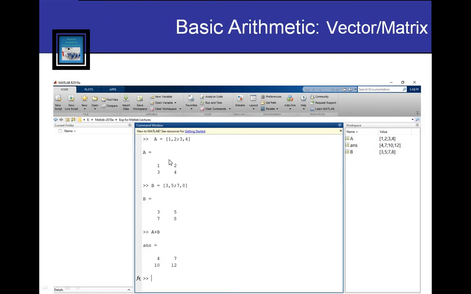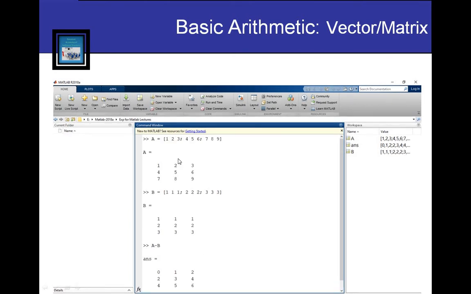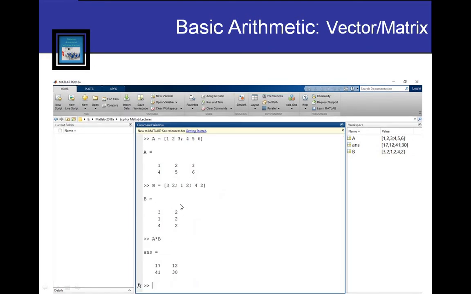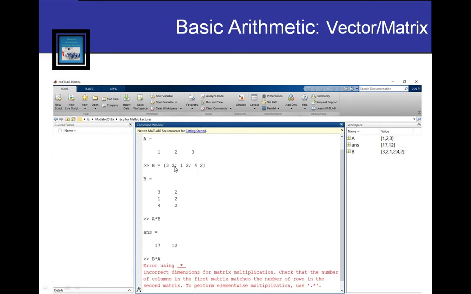And similarly here consider these two square matrices, a of order 2 by 2 and b of order 2 by 2. You can add these two matrices. If you take higher dimension square matrices like this one, a 3 by 3 square matrix, and this one b is also a 3 by 3 square matrix, you can subtract, multiply, and perform multiple operations on them. B multiplied by a. So